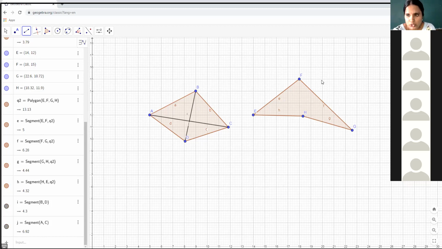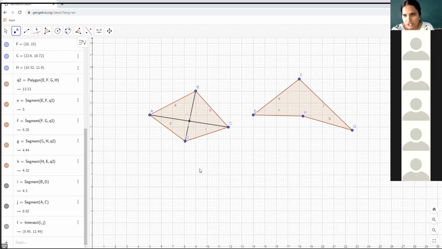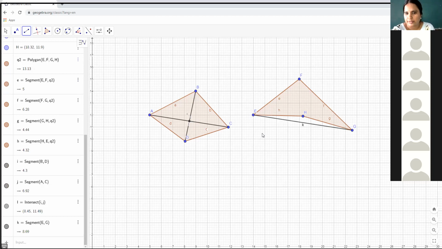Very good. So here you can observe that these two diagonals are lying in the interior of the polygon, isn't it? Both the diagonals are lying in the interior of the polygon, and there is a point of intersection also, isn't it? So let us do the same with the next polygon. We will try to draw the diagonals for the next polygon even. So opposite vertices we need to join. So E and G have been joined, and then F and H have been joined.